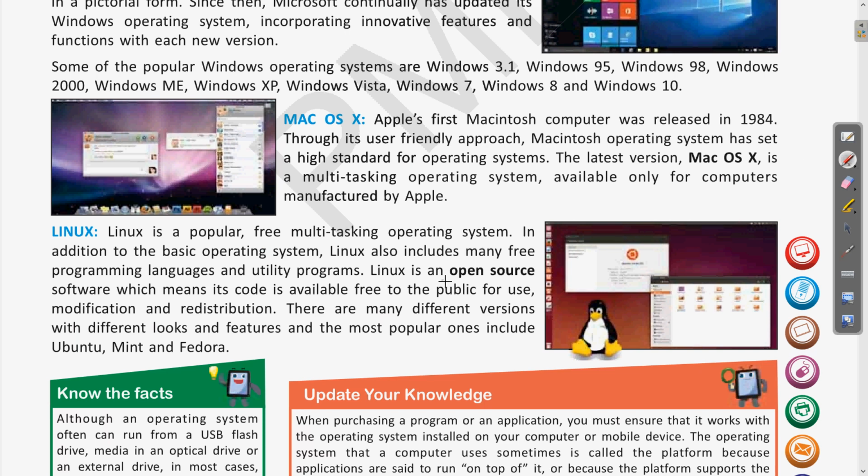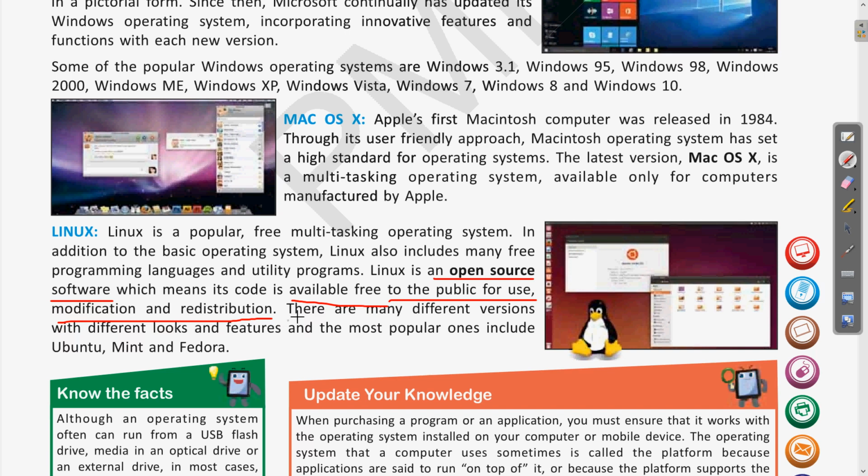Linux is open source software, meaning we can use and see the source code of this operating system. We can change and modify these codes. Clear? Here you can see that the code is available free to the public for use, modification and redistribution. So if you want to change this operating system, you can make your own version of it.